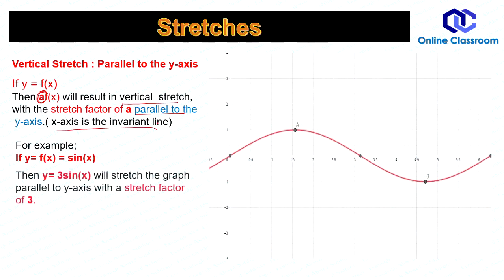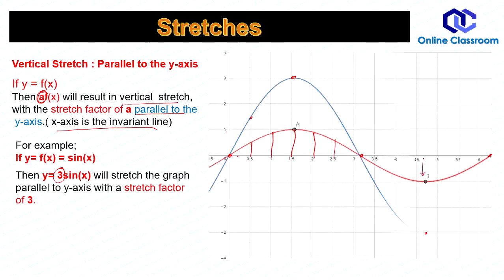And suppose I say 3 sin x, what does it mean? I have put this number in front of the function. It means the distance of every point, I treat that point as the object, from the x-axis is now becoming thrice. This gap is 1, now coming here to 3. Whatever this gap is here, it goes thrice, and so on. But the points on the x-axis remain invariant, unchanged. This gap, which is 1, now goes down to 3. So the distance from the x-axis is thrice the original distance.